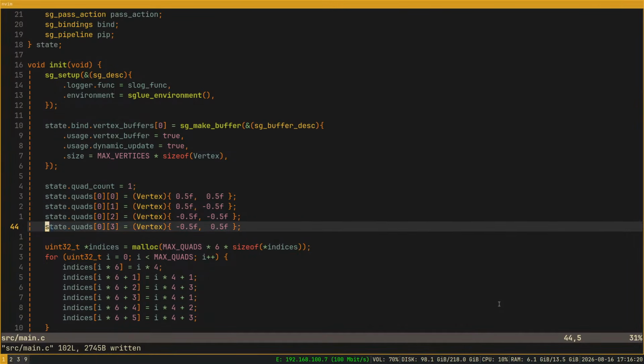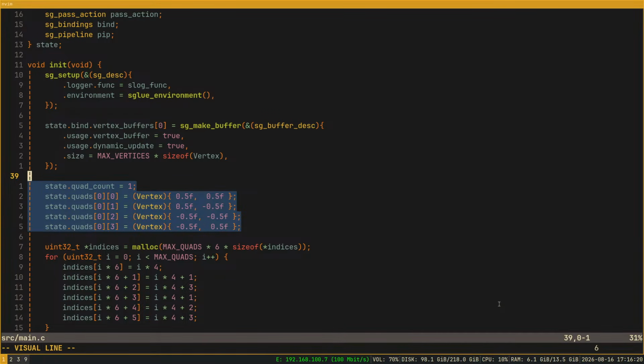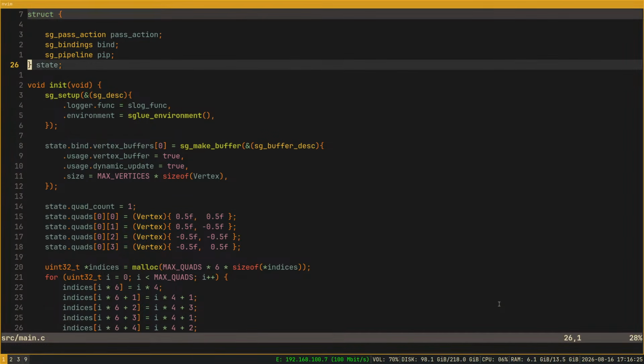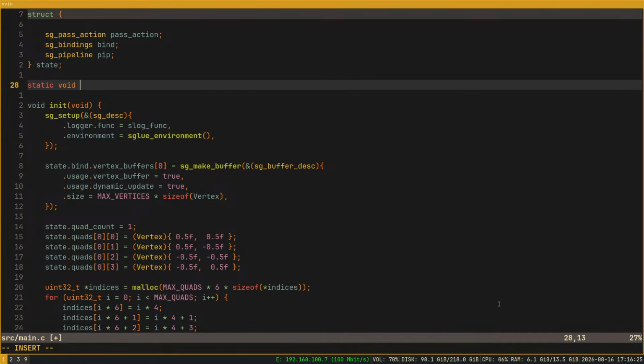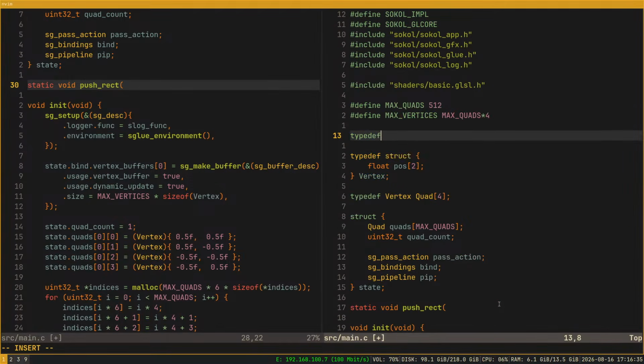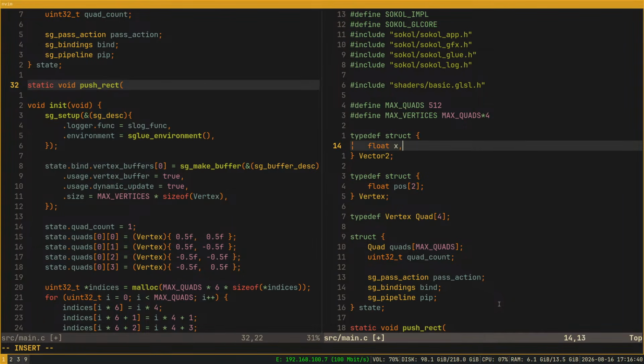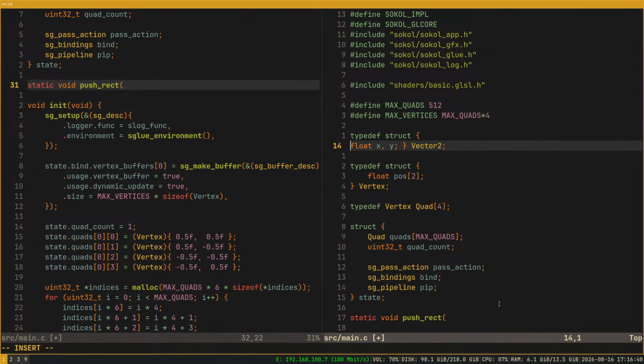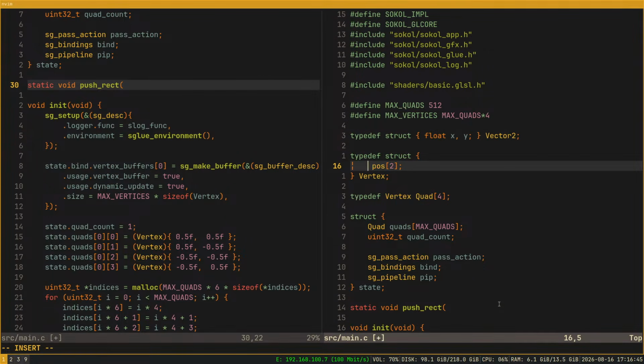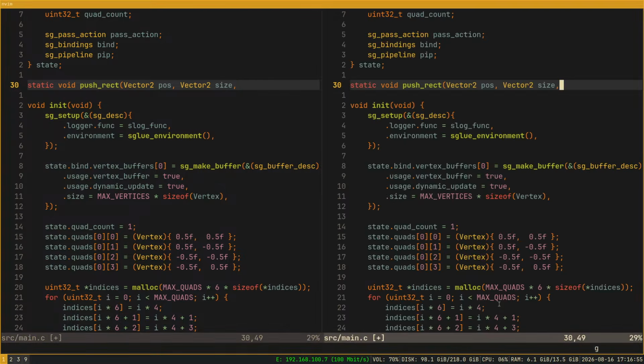Okay, so we got our thing. Now our next step is to move this into a function. Static void push rect. We might need a vector. I will write a math library later. Trust. We could inline this whole thing. Genius. And then we could do this. And then the vector for